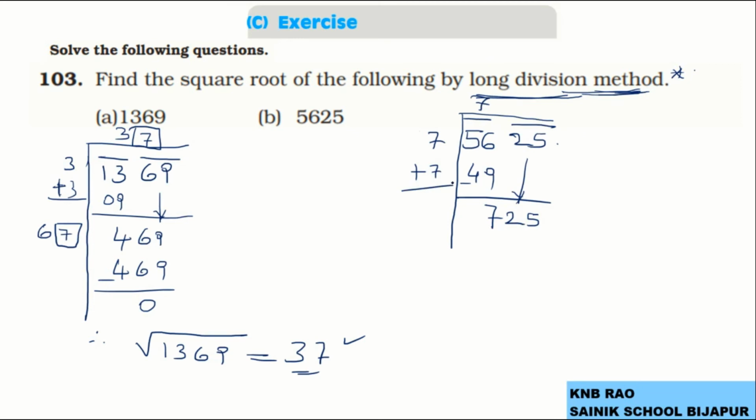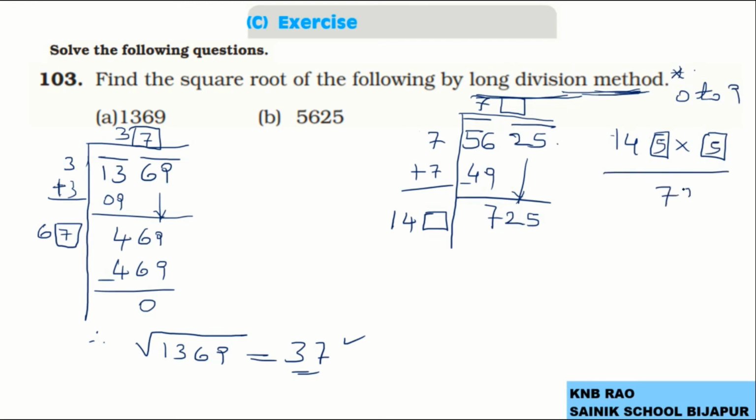This same digit is added to this 7, which gives you 14, and we are looking for the ones place digit, the next digit of the answer. We have to choose a digit such that 14 and that digit make a number from 140 to 149, because that digit can be 0 to 9, anything. A suitable one we have to choose. Obviously it is 5, because it has to end with 5. So 145, 5s is 725.